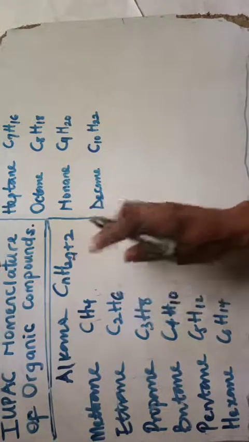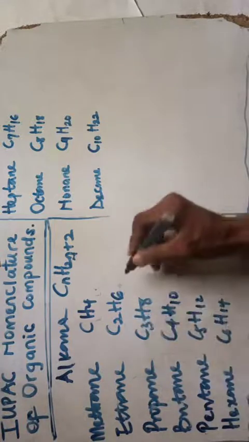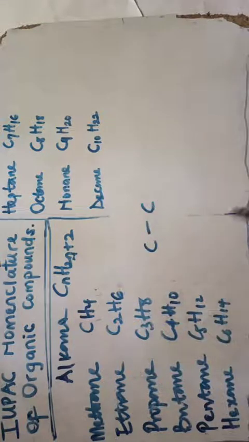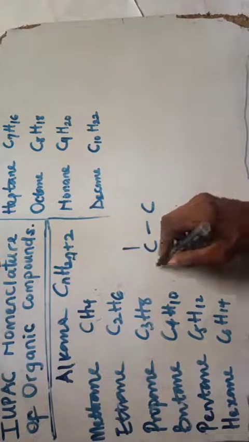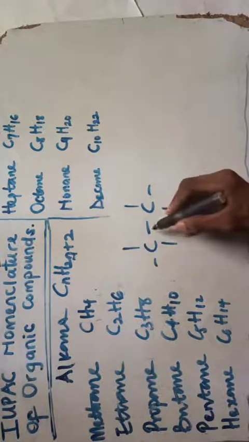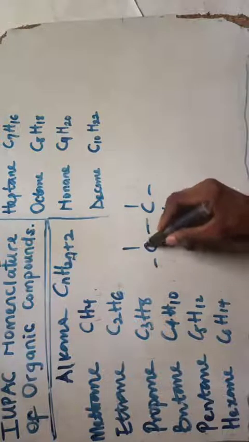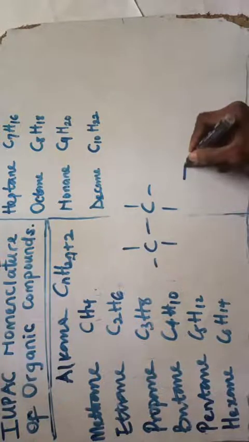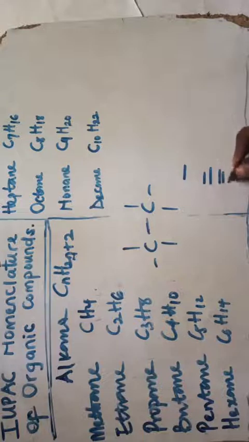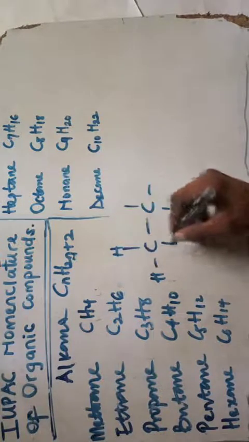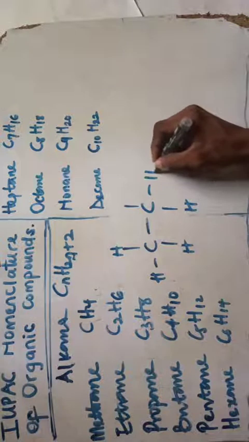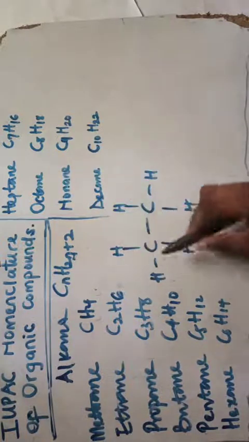If you notice, if I want to draw this, my ethane is 2C. So the hydrogen that must surround it must be 4. I can't put one hydrogen here because it already has this bond. This is single bond, double bond, triple bond. So from here you can see I'll be surrounded by minor hydrogen. By default, I'll be surrounded by what? 6 hydrogen. 1, 2, 3, 4, 5, 6.